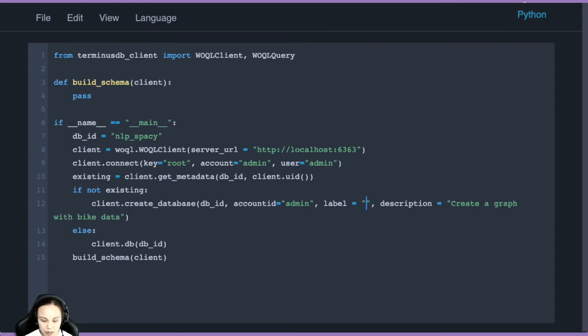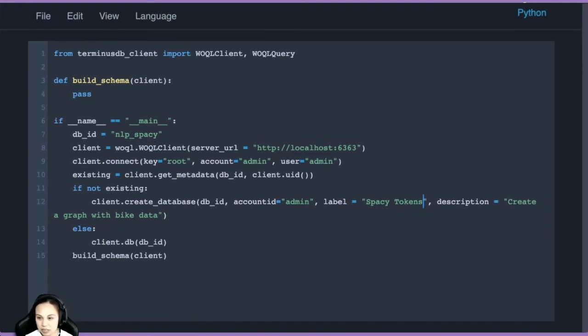So label is SpaCy documents, or yeah, tokens maybe. Description would be